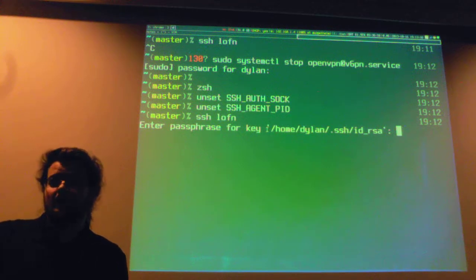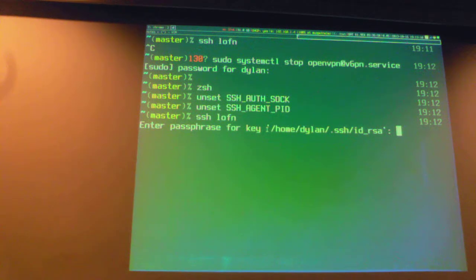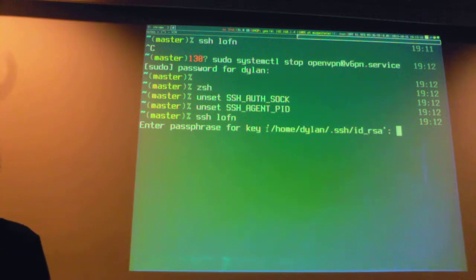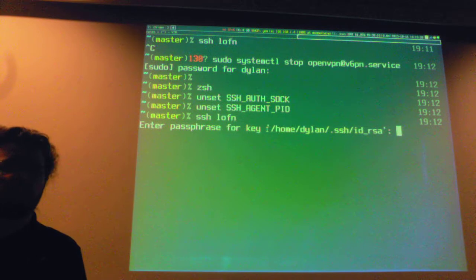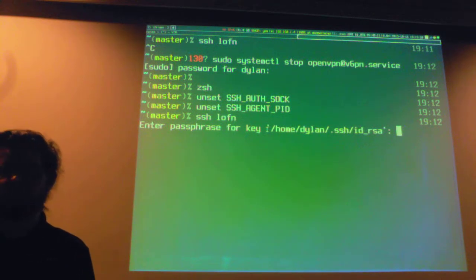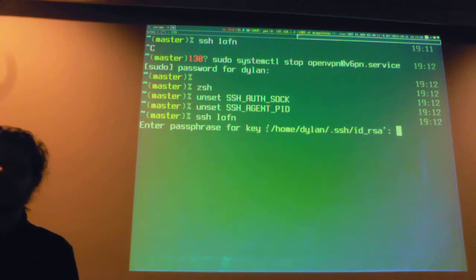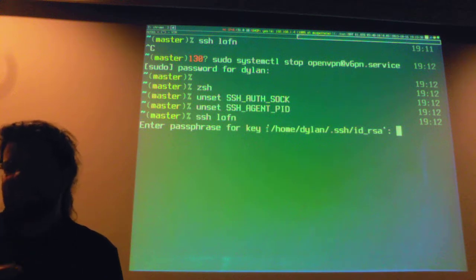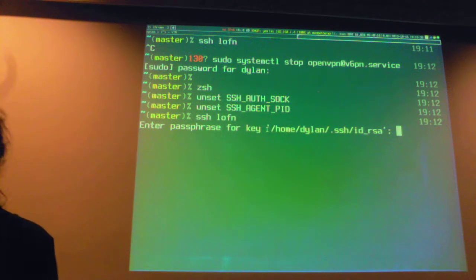What's a passphrase? A passphrase is basically a string of characters that you decide that's encrypting your ID RSA file, so that if someone were to get a hold of your data, they would have to actually brute force the password on your SSH file, which I would point out under the default conditions is not impossible nor even very difficult. That's a whole topic for another time, but it provides some level of security. So if I were to type in my passphrase without typing it into a window where you can see it,